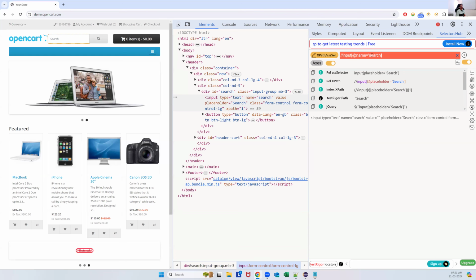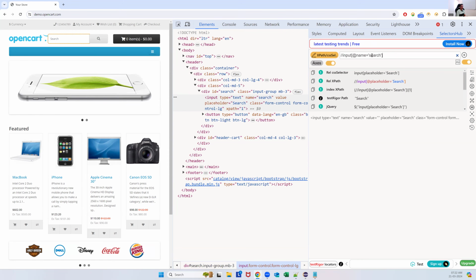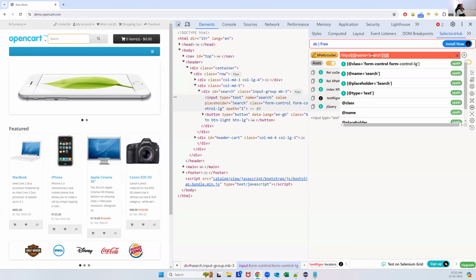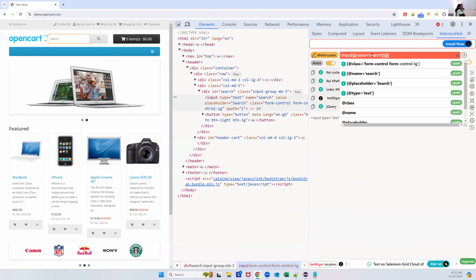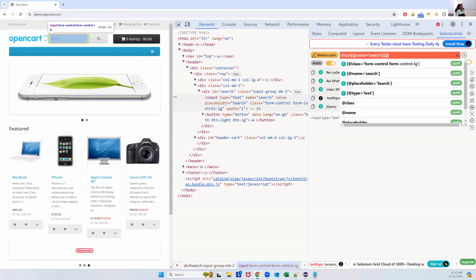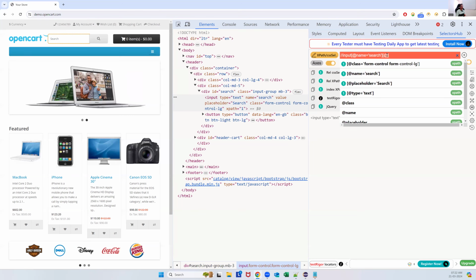Okay, and if you want to specify a second attribute, use one more bracket. Here you can specify @ and use any other attribute for this element. I have something called placeholder, so I can use